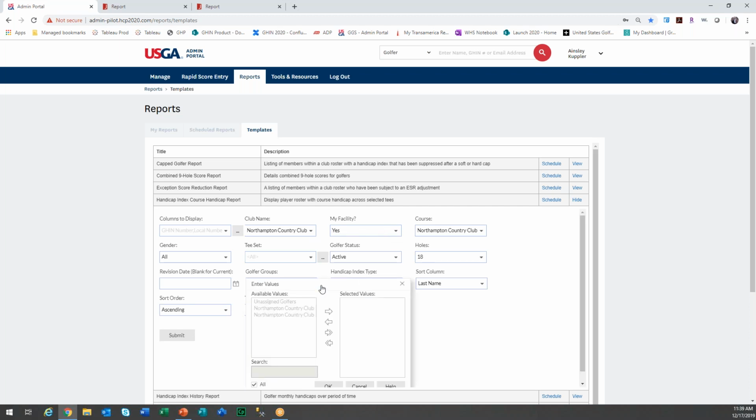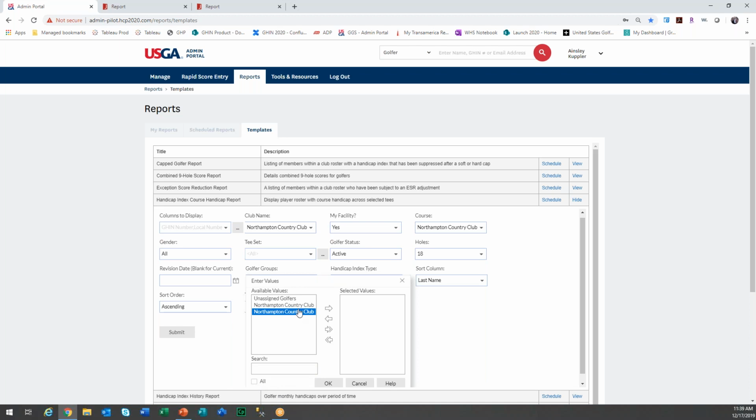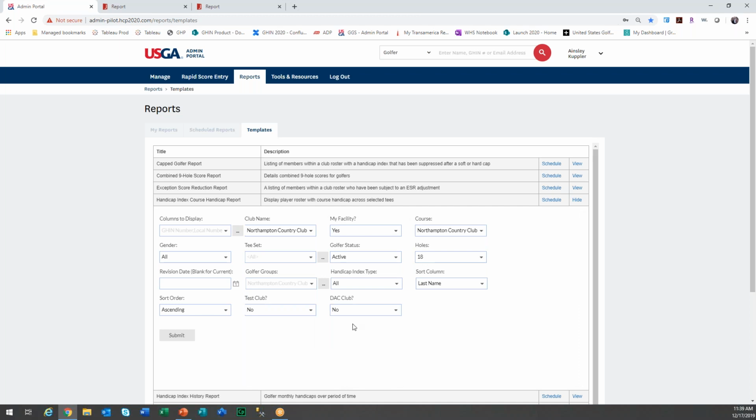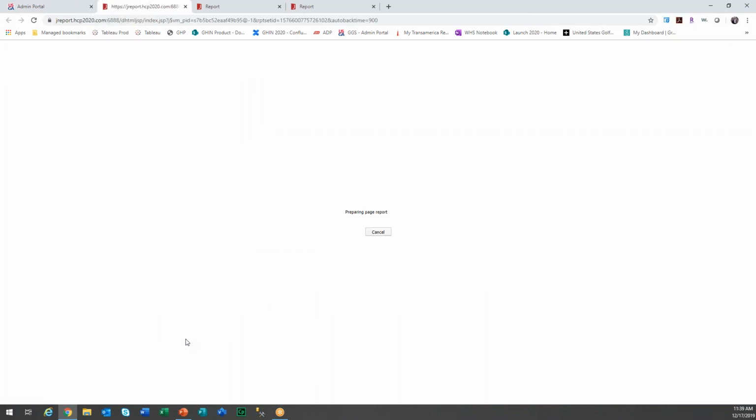And then this is where you would go into the golfer groups. And as part of your golfer group list, you can select a golfer group, which will be those random golfers, so to speak, that might represent a league. So this is where you would put each of those golfers into a golfer group. And when you click OK, it will run this report for a subset of those golfers. And when you click Submit,